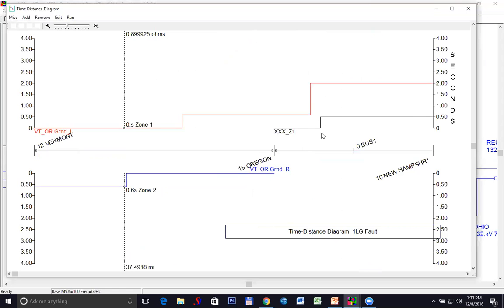Now none of this is set very properly for two reasons. One is that I'm not an expert in setting relays. And secondly, I purposely introduced some weird stuff in here so that the program would actually show me all the error messages. So here you can see that there's a problem right away because zone 1 only starts at about 60% of the line, when it should probably start back over here, about 80 or 90. The same thing with this one. Because this is a tap bus, it should actually start zone 1 way back here.